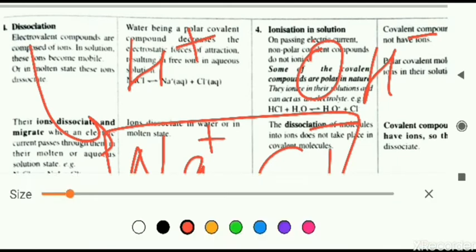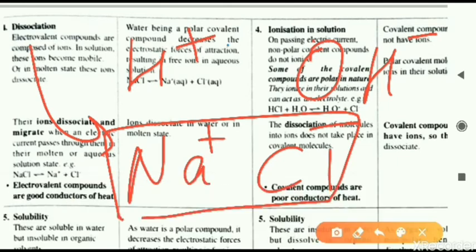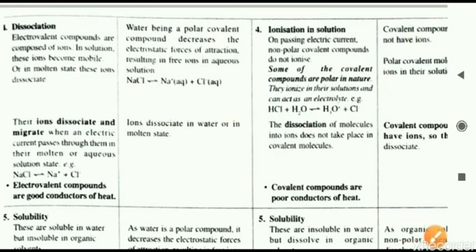You can see here the opposite charges are present in the water molecule. Individual ions have opposite charges, and these only attract the opposite charges. This negative part of water, OH minus, is attracting Na plus, and similarly H plus of water is attracting Cl minus. So due to this attraction only, the molecules are dissociating in the liquid state. The same reason you can read from the book also.